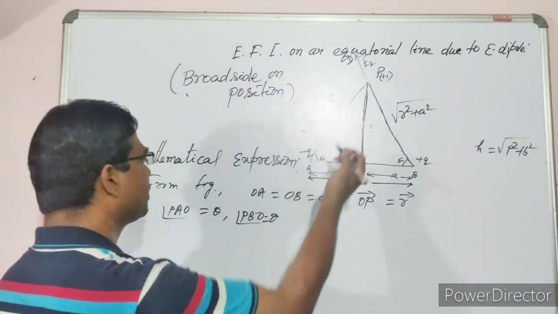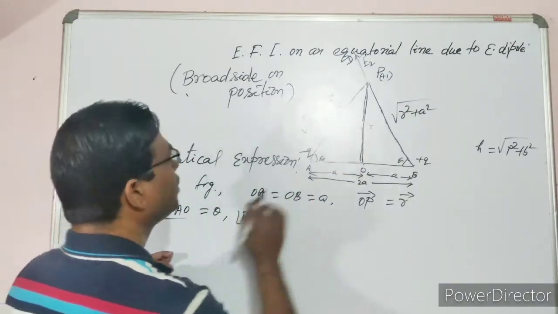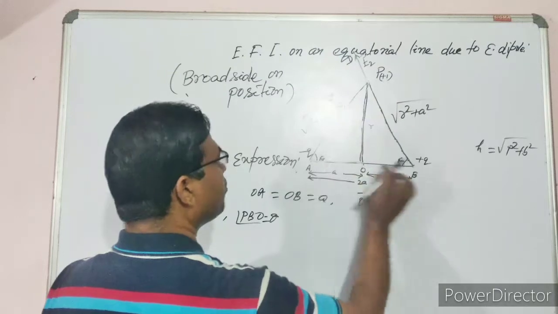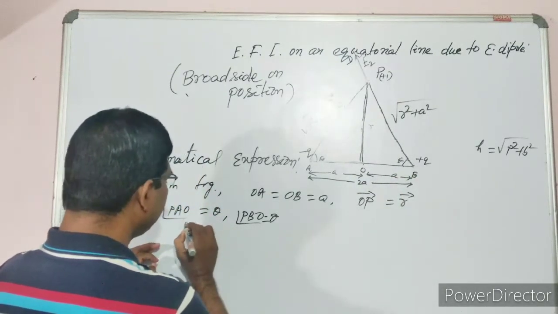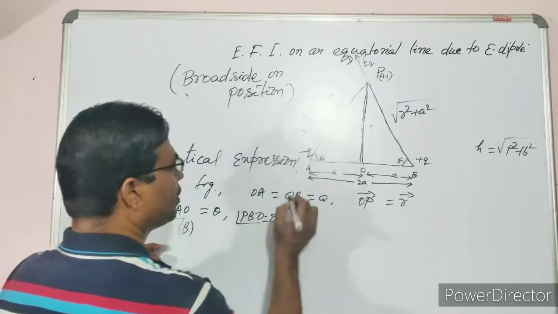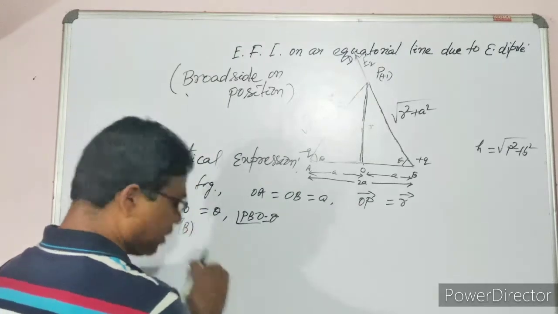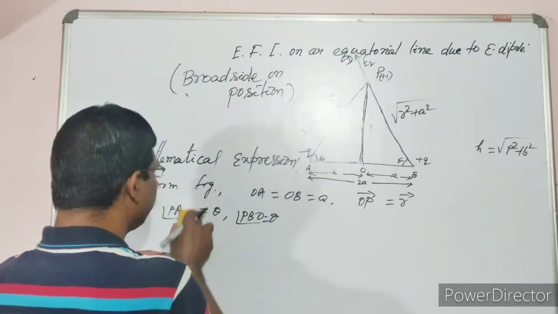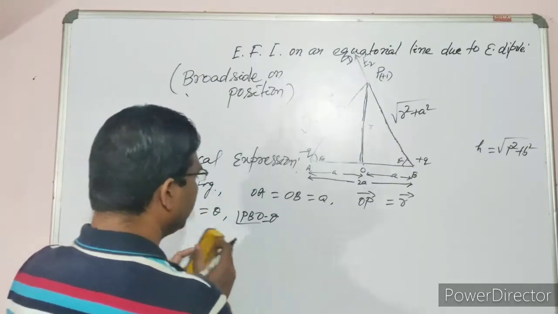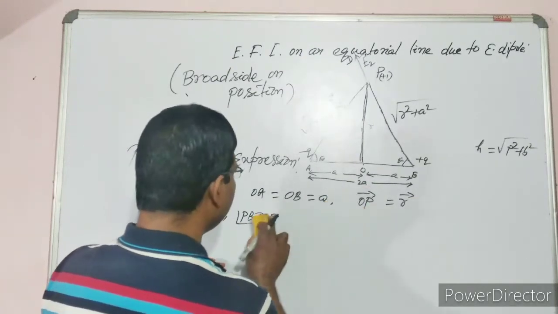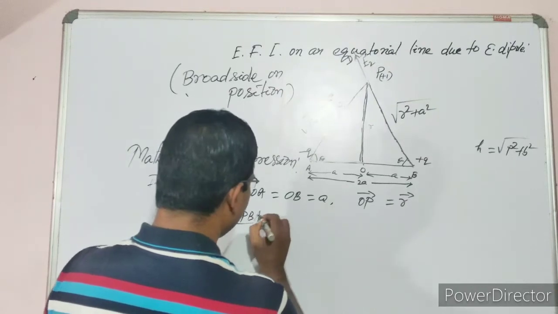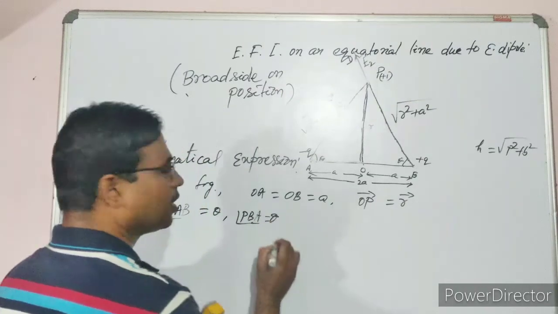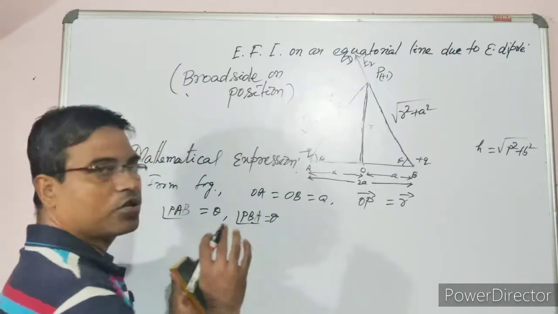So clearly from the figure, you can write PAB. For your better understanding, it is PAB, and it is PBA. Then we come to the points. Any problem? Most important is,